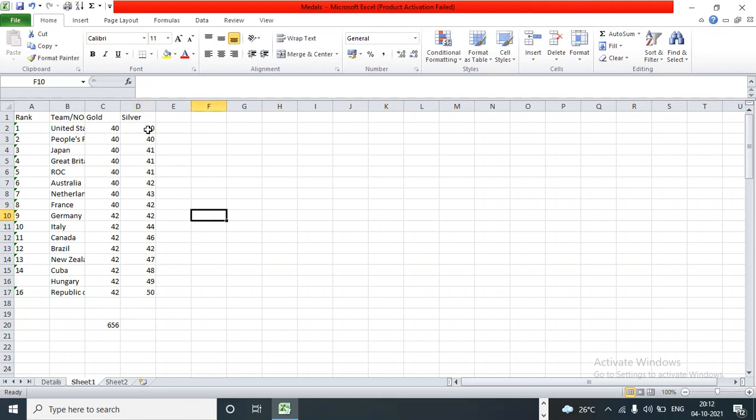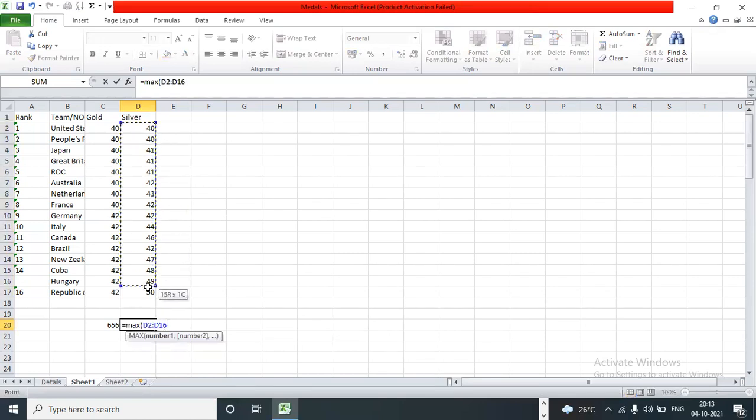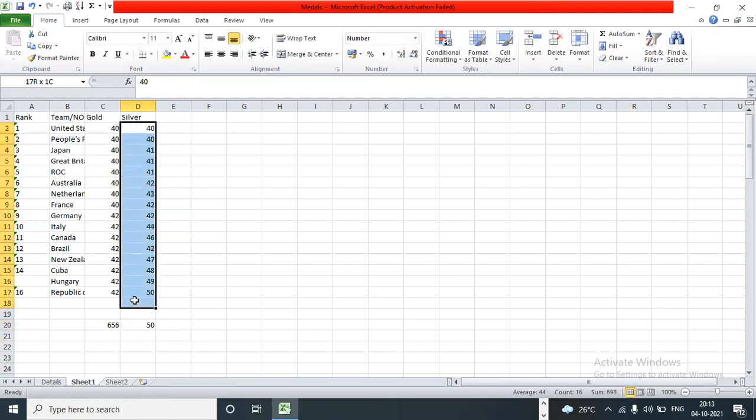If I want to find the max of this entire column D, what is the formula? Just click max of this entire data set. Just select the entire data set. You can see that 50 is the max number among this entire data set, right?